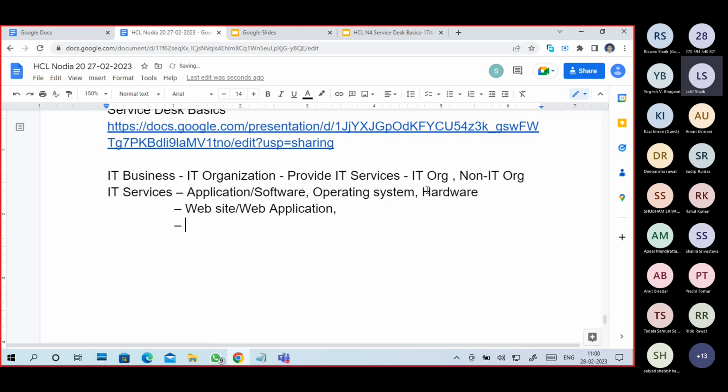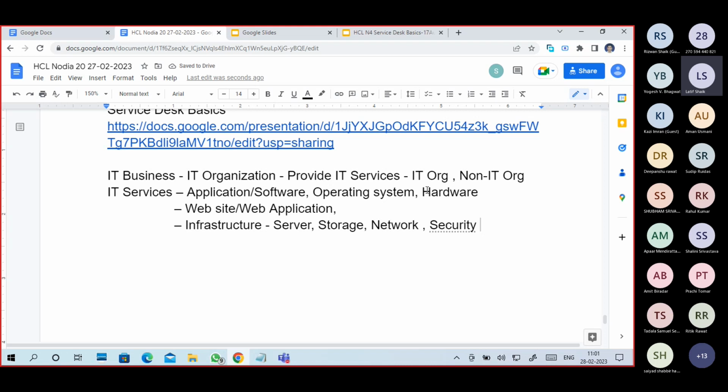IT services also do infrastructure management. There are many services; some I am mentioning here. Infrastructure management: for an organization, they will maintain servers, storage devices, and networking devices, network related things like routers, switches, firewalls, and security related management.